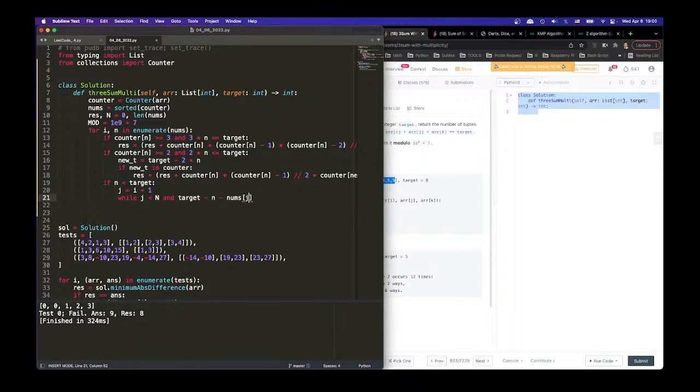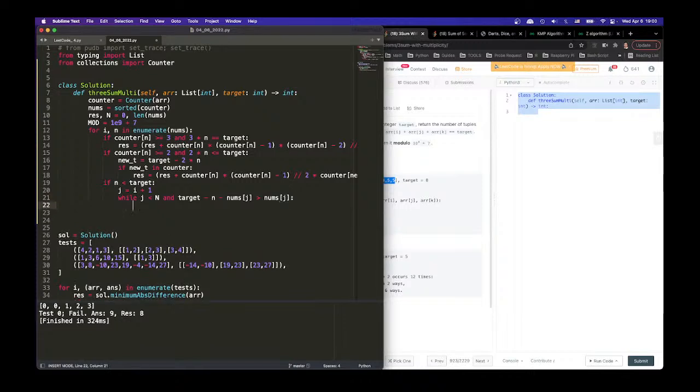And we say it has to be, because we do this, and then somewhere down, if it's this, then it's done really. So this has to be larger than nums j, because nums j is bigger than n. So we want the result to also be bigger. It cannot be smaller. If it is smaller, that means we have handled it already. So while this and this, we say